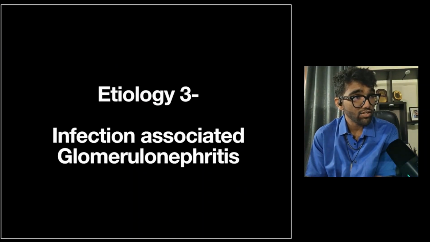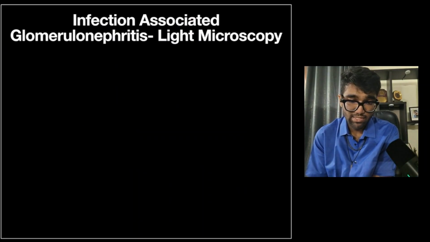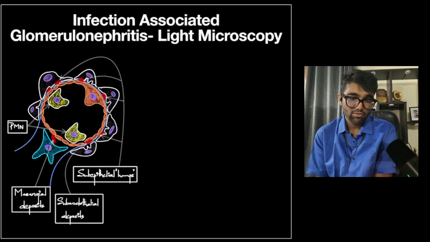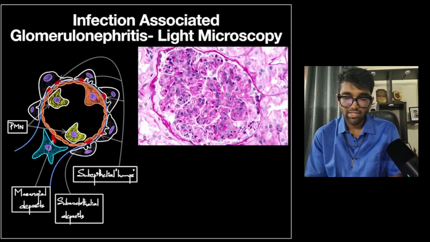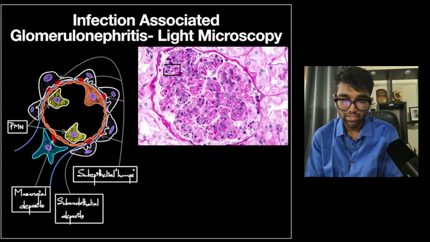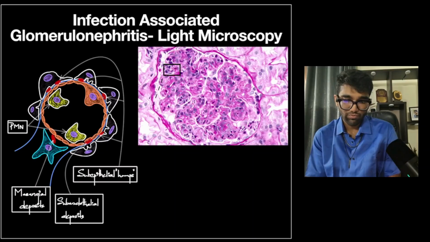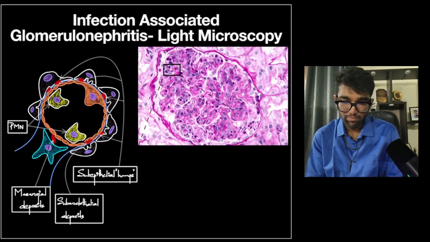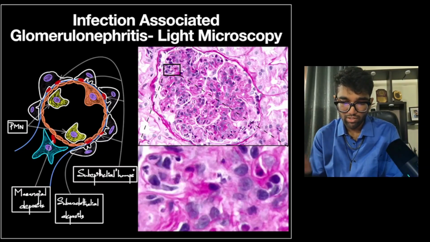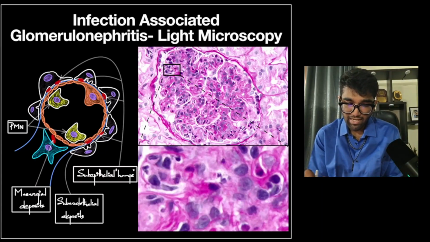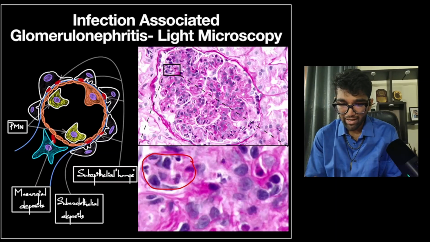Now, the third etiology we'll be discussing is infection-associated GN. Infection-associated GN, as we've seen, this is the light microscopic findings. We've discussed this as part of the immune complex mediated pathology. Now, I'll just highlight a portion of that pathology, and it'll show a large section of it. So what you find is that in this large section, there is complete occlusion of the capillary lumina, and